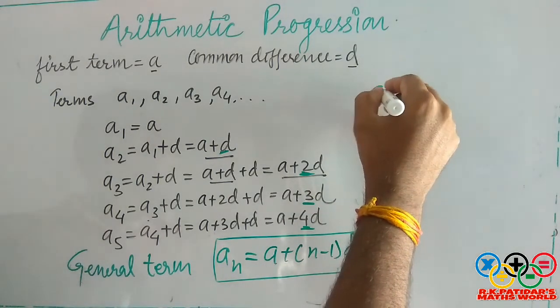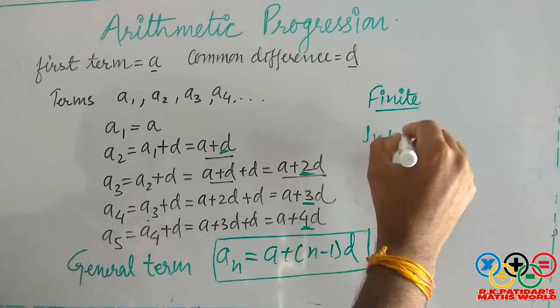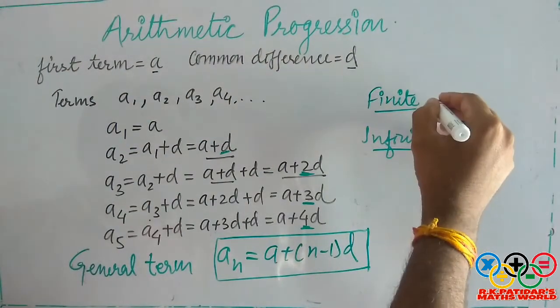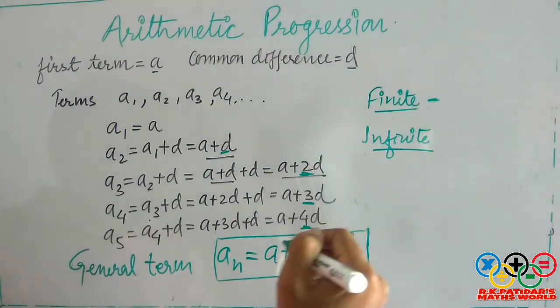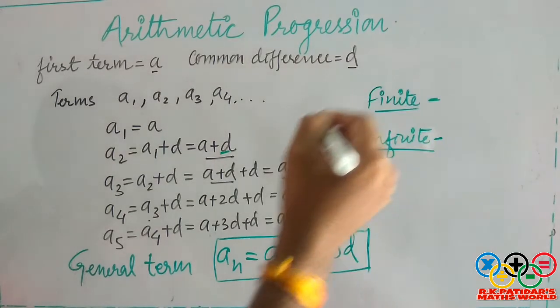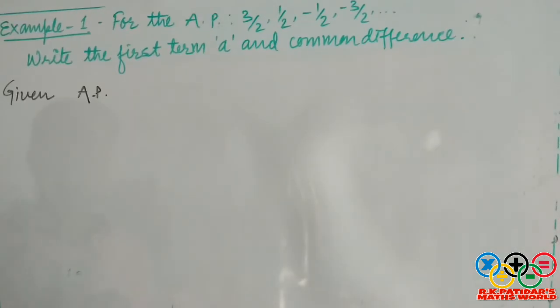Okay. Now on the basis of number of terms, there are two types of APs, finite and infinite. ये बिल्कुल सिंपल कंसेप्ट है. फाइनाइट मीन्स इफ नंबर ऑफ टर्म्स आर फाइनाइट, काउंटेबल, फिक्स्ड, जिसमें लास्ट टर्म हो. इनफाइनाइट मीन्स इफ नंबर ऑफ टर्म्स आर इनफाइनाइट, we cannot count the number of terms, बहुत सारी टर्म्स हो. ठीक है, मान लें कि एक एपी है, the number of terms are 50, then it is finite AP. If number of terms we don't know, then it is infinite AP.